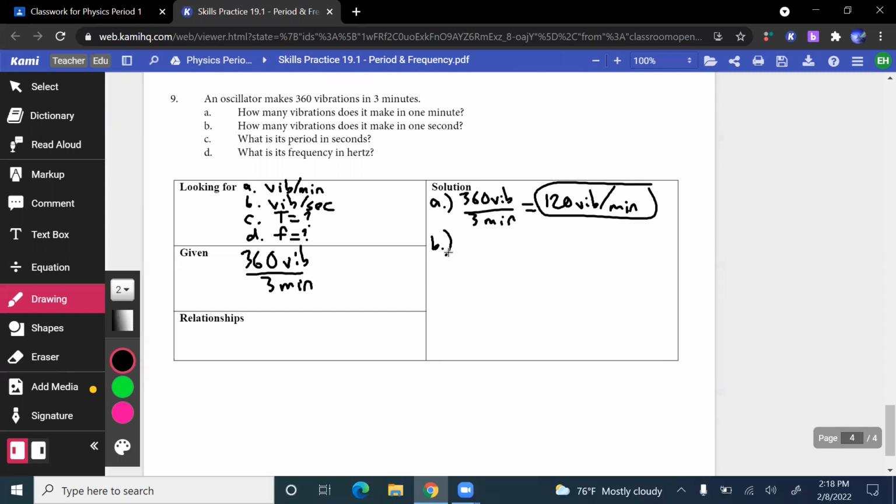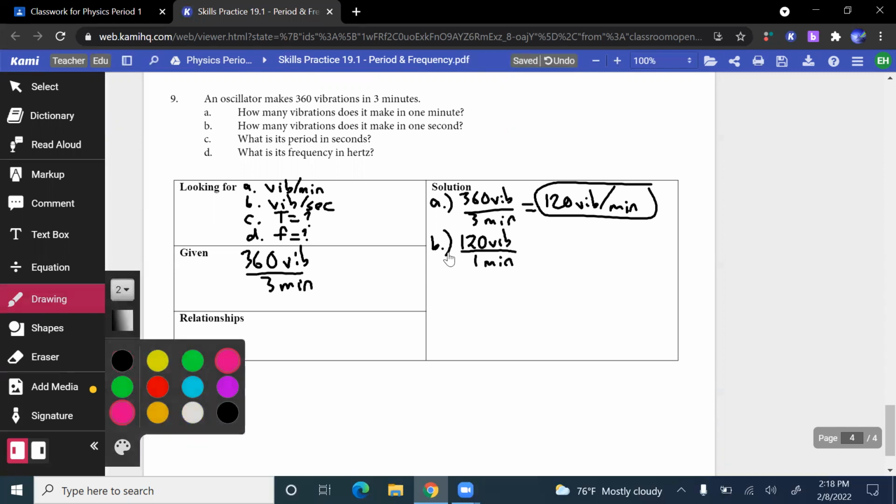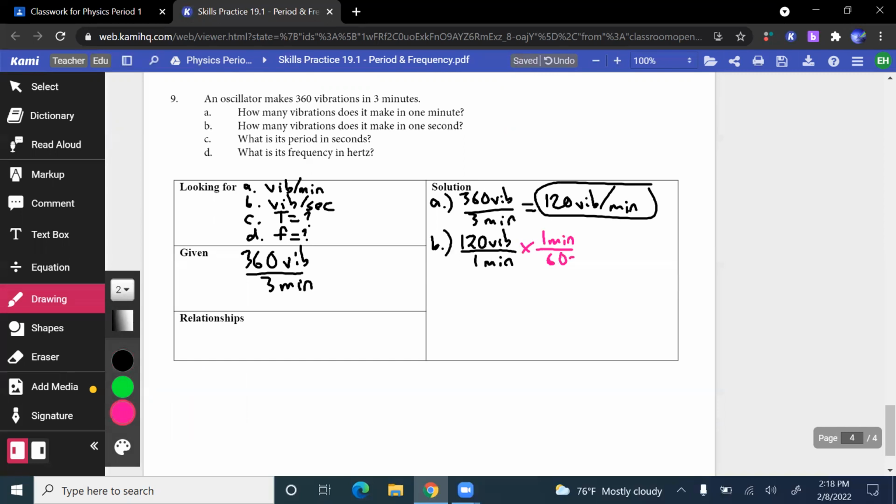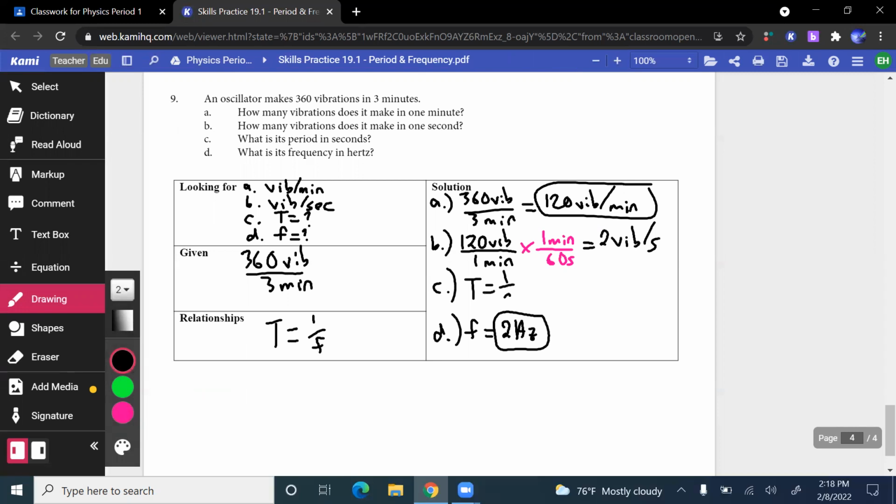Next, part B, you're looking for the vibrations in 1 second. So if we take 120 vibrations in 1 minute, and since in 1 minute there are 60 seconds, we're dividing by 60, we will get 2 vibrations per second. Well, what is 2 vibrations per second? That's the frequency, but we'll write it as 2 hertz instead. Finally, the period, just the inverse of the frequency, or